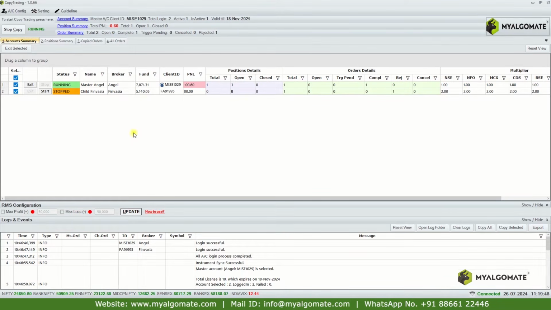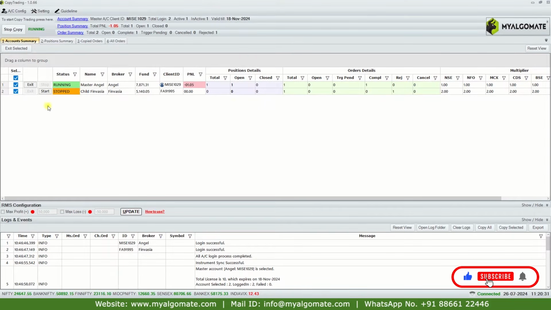In this case, one thing you can do is, if the position of the symbol that was rejected last, after exiting in the rest of the accounts, is matching in all the accounts, then you can directly start copy trading for that child account. If the order was rejected before exiting the position, and you have to place another order or exit any other position, then you will face a problem in the account in which copy trading has been stopped.